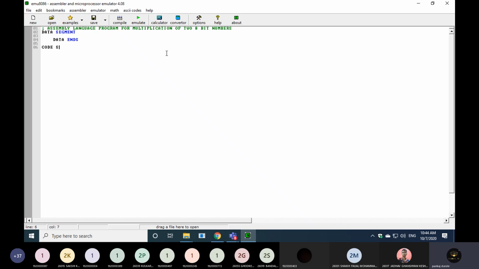So how does the code segment start? This is the starting of the code segment. We are supposed to end the code segment using this syntax.